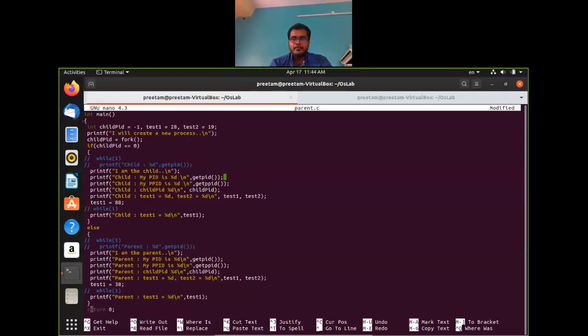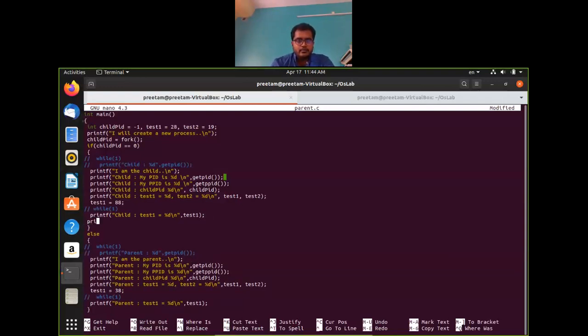So if they are coming from different memory location, these two have different address, right? So we'll print the address of these two variables from child and from parent. Okay, so let us do that. So what we'll do now, we are now printing from child that address of test1, okay, is equals to something, comma address of test2